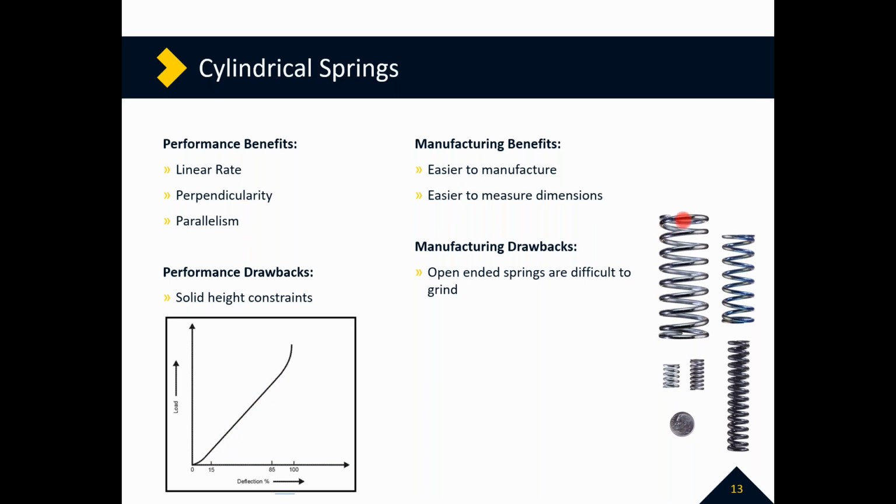Perpendicularity, which we talk about, is another word, squareness, how straight the spring stands to the vertical axis. Parallelism, how horizontal each end is to itself. Some of the performance drawbacks, solid height constraints. Cylindrical spring, as you know, you have a solid height, one coil stack on top of another coil. There's no benefit, and I'll talk about another shape that kind of gives you a benefit on a solid height. Manufacturing benefits, as we know, cylindrical springs are easier to manufacture,